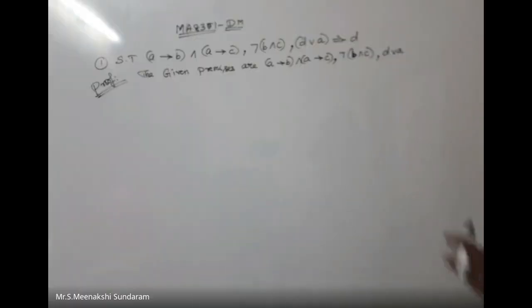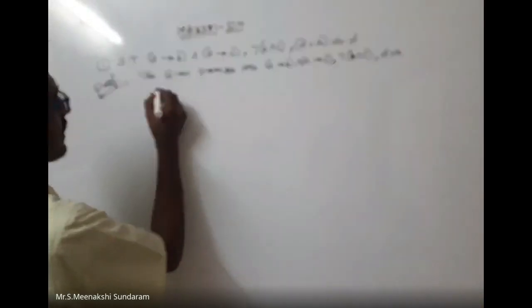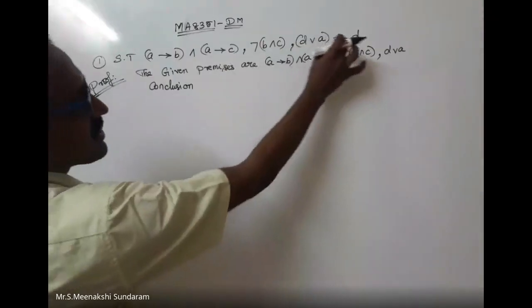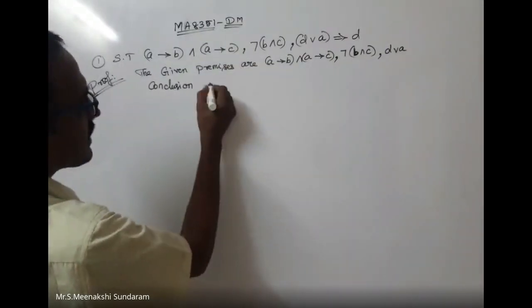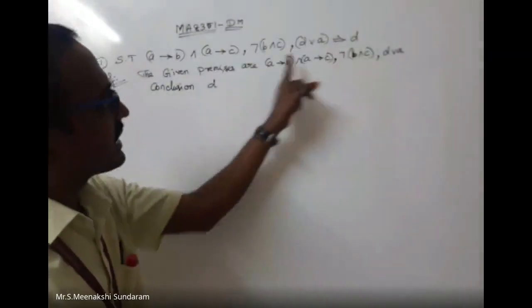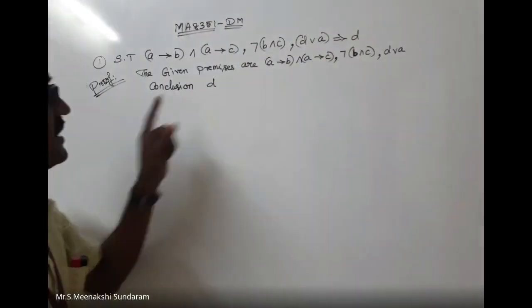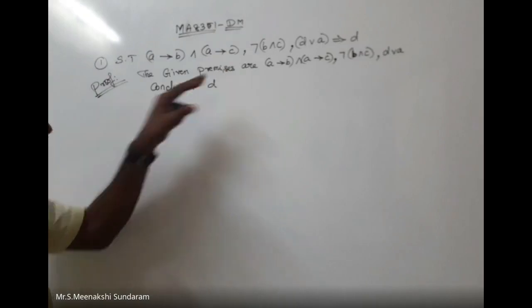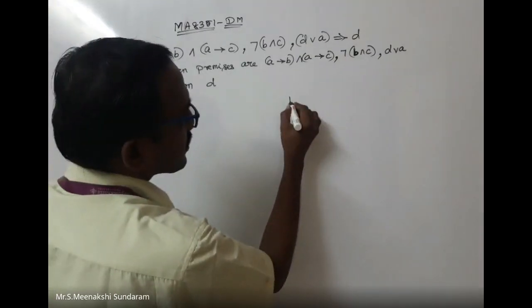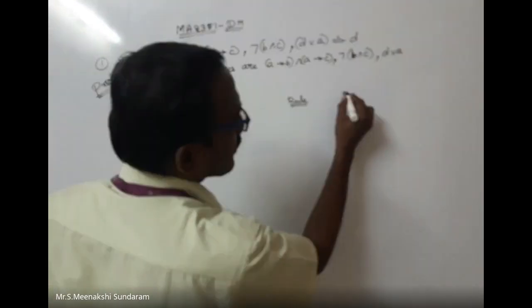B disjunction A. These are the premises. Another one is the conclusion. Conclusion is D. Left hand side is called the given statement. Right hand side is called the conclusion. So you can take the left side as premises. I like to start here: I can write step, here I can write the formula, and here I can write the reason.